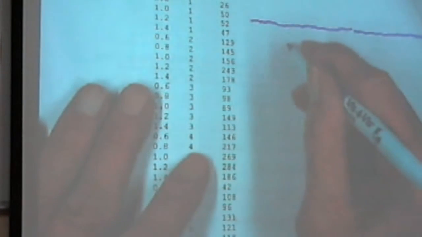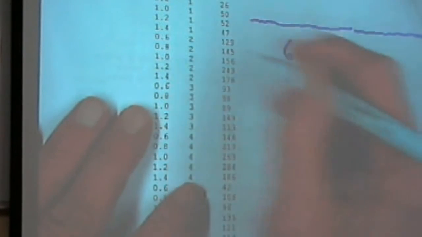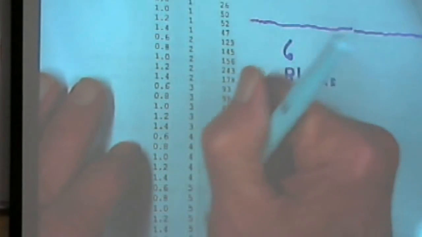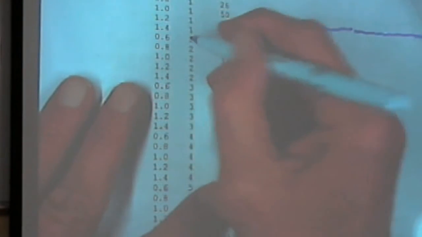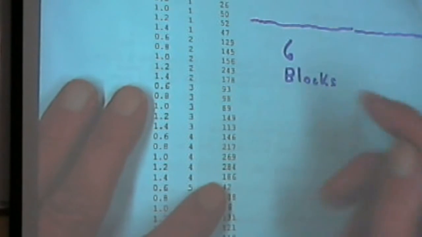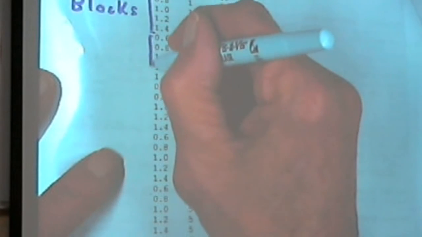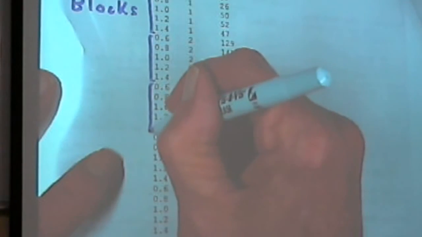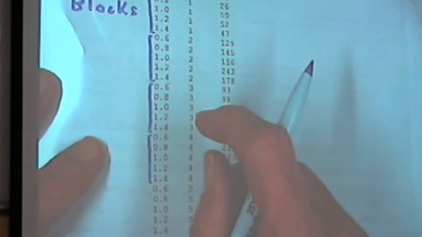So what we have to visualize here is that we have 6 blocks. And you can see in the block column, 1, 2, 3, 4, 5, 6. Within each block are 5 measurements, and they're at a different concentration. So if we look at these concentrations here, there they are. You notice that they're the same in each block. So concentration is the treatment